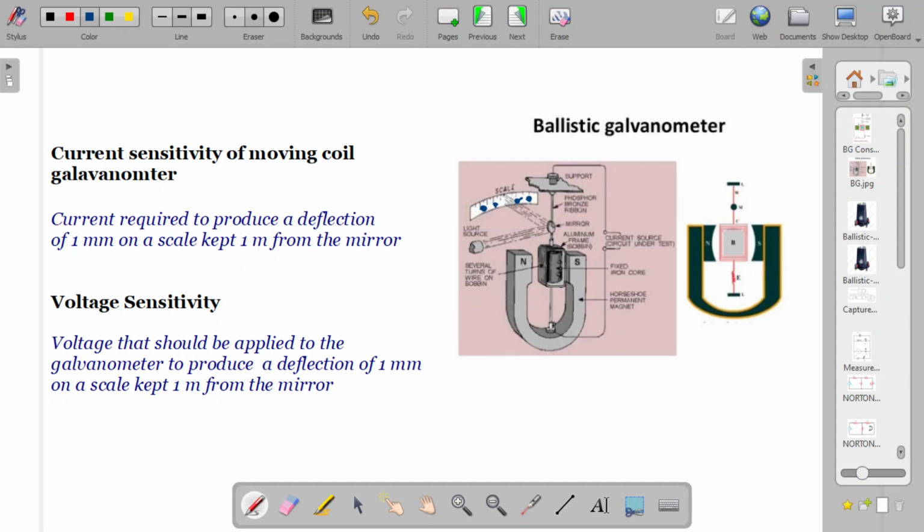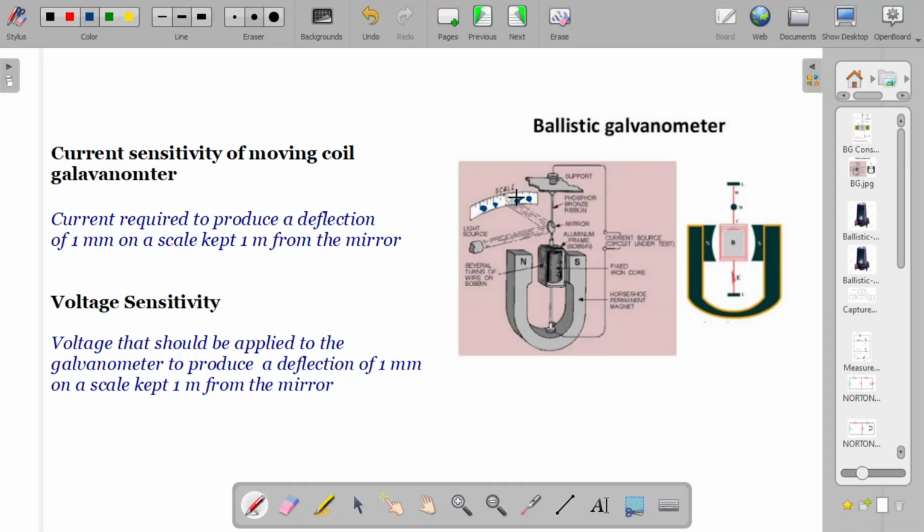So how you make the theta calculation from the BG is that you keep a scale and telescope arrangement and radiate the mirror with the light source. Then we find from the scale and telescope arrangement how much deflection it produces on the left and right. The deflection is measured in terms of the movement the light beam makes on the scale.